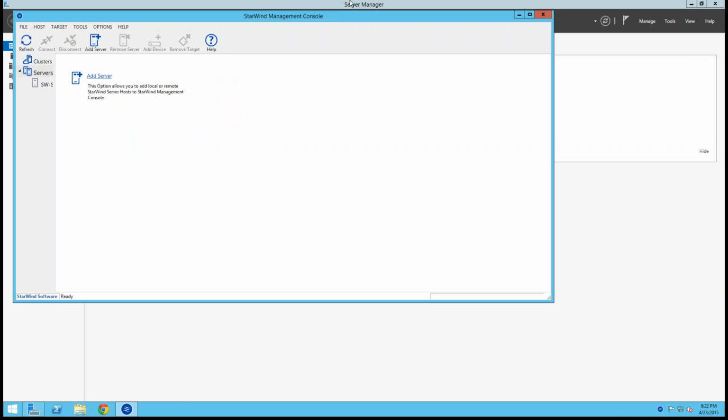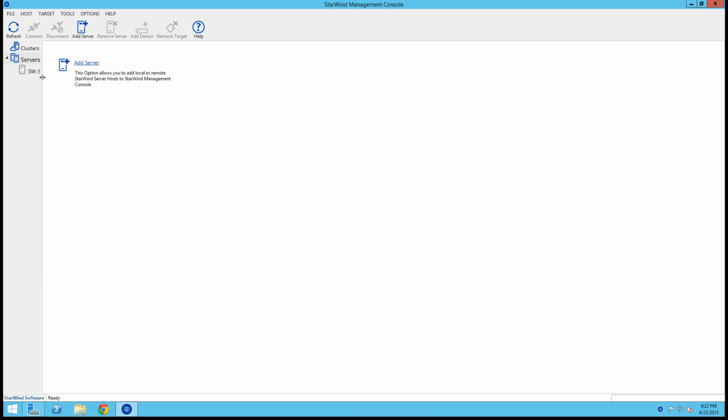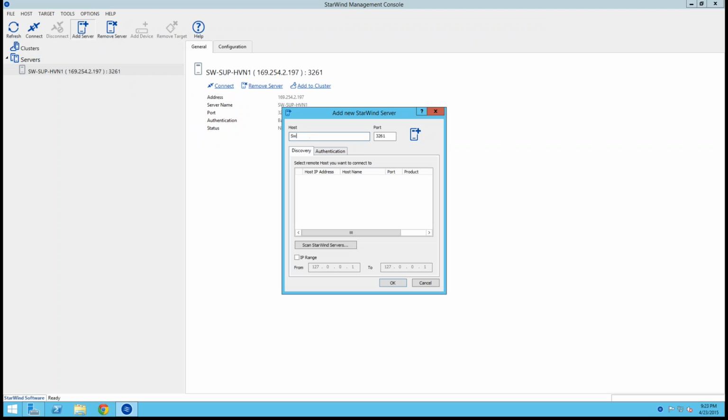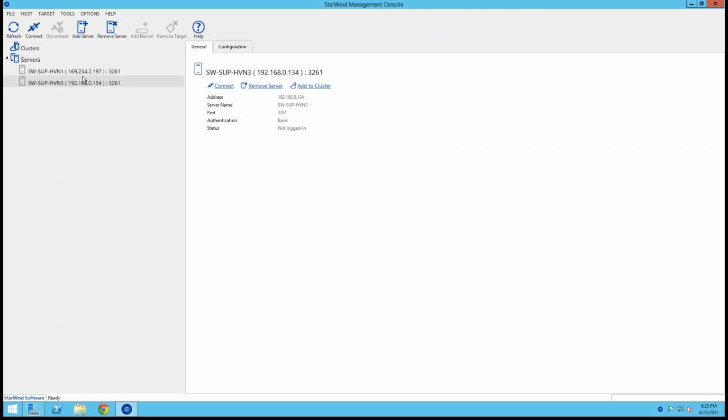This is a 2-node Hyper-V environment, a hyper-converged setup, which means that StarWind shared storage runs on the same servers as Hyper-V. So what I'm going to show you right now, well, at least I will try to show it to you right now,